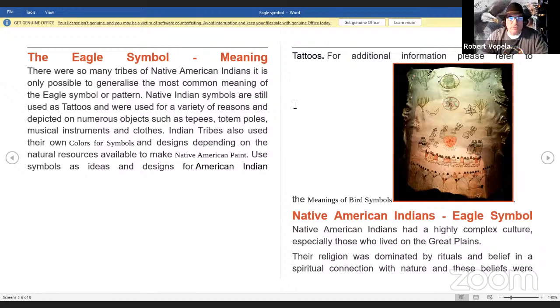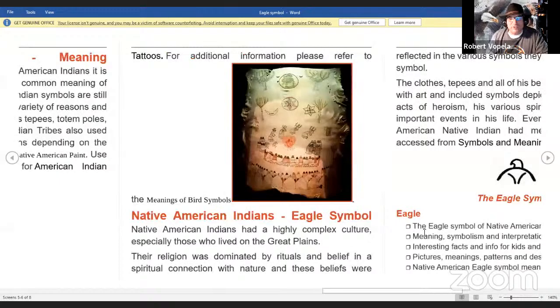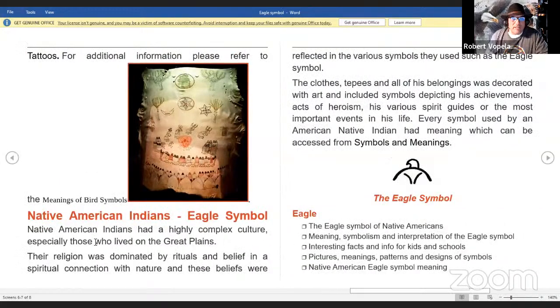Indian tribes also use their own colors for symbols and designs, depending on the natural resources available to make Native American paint. Symbols are used as ideas and designs for American Indians. Native American Indians had a highly complex culture, especially those who lived on the Great Plains.